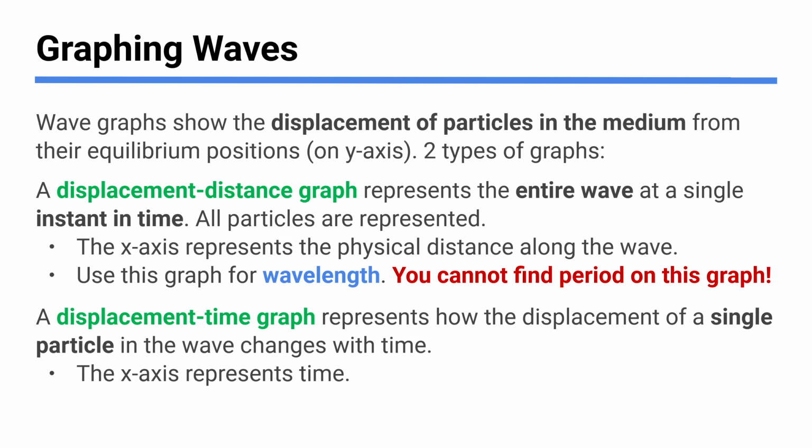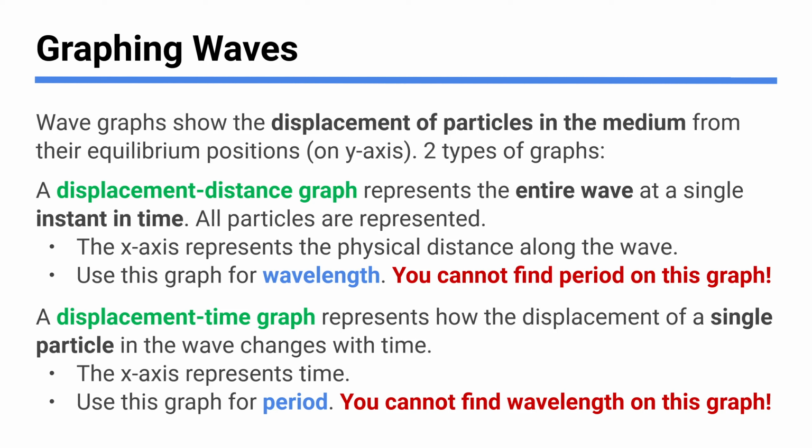So in this case, the x-axis represents time, meaning you could find the period from this graph by measuring, again, the peak-to-peak sort of distance on x. Just that distance now is an amount of time, because time is what we're measuring on x. Yeah, so that would give you the time it takes for that one particle to get back to the same point in its cycle, which is what we defined a period as. So be really careful with these two graphs. They can definitely get confusing with all graphs, especially these graphs, but truly all graphs in physics. Always pause. Don't assume that it's a picture or that you know what you're looking at. Read what's on Y, read what's on X, think about what it means, and then start interpreting.